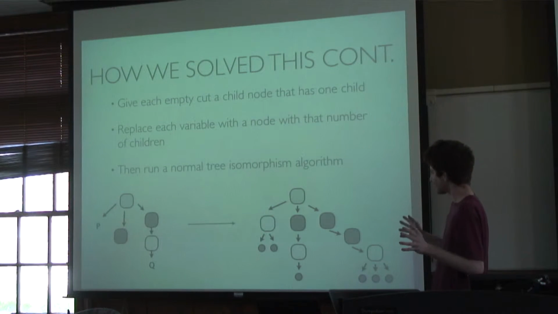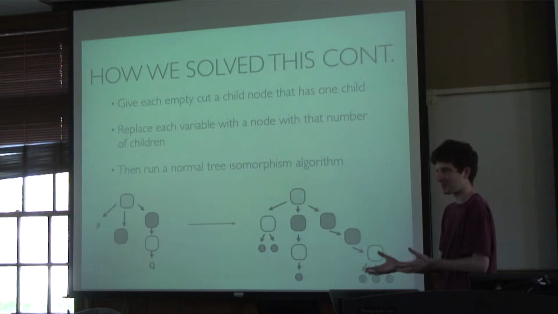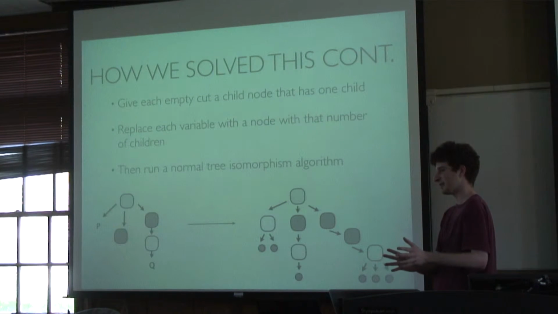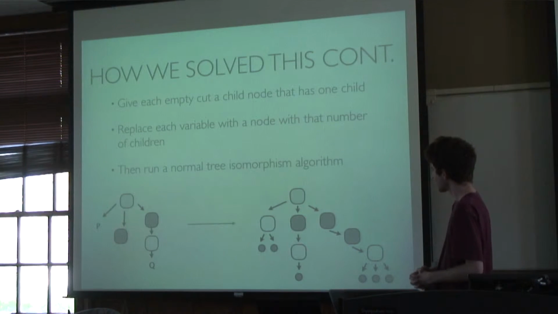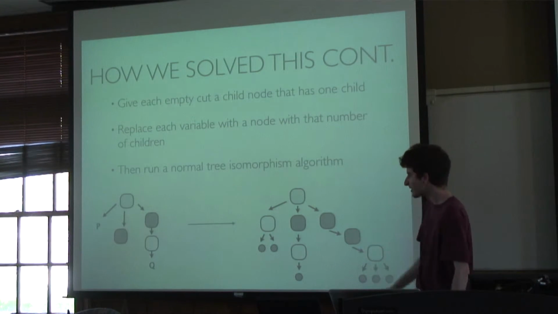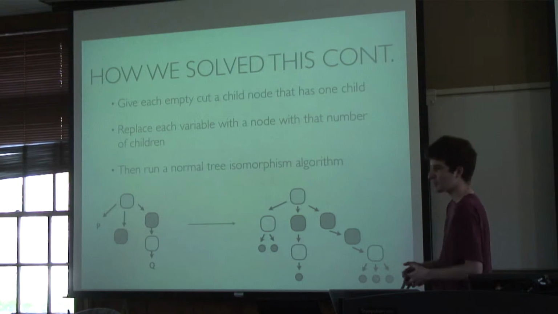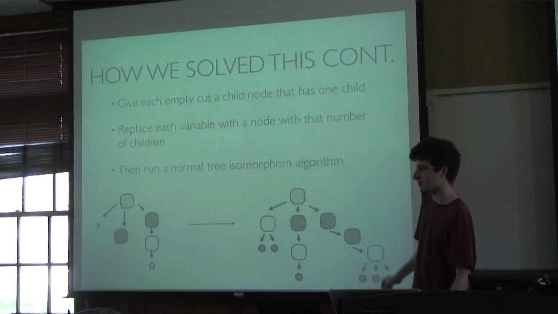So really what gets the identity of 1 is the empty node. If there's nothing there, we need to represent that, because what we're really going to do in the end is modify this tree so that the structure represents the variables that are in it. So if there's an empty cut, we give it a child, and then we give it 1 child, so an ID of 1. Then for each node that has a variable, we replace that variable with a node, and then that many children